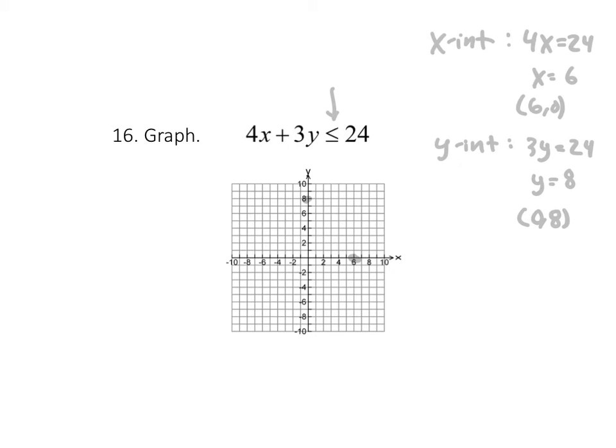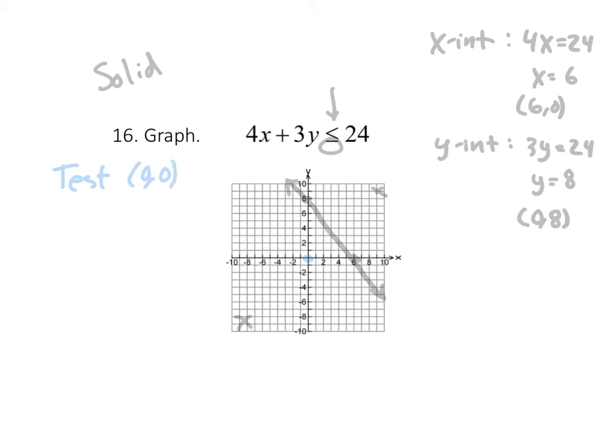This line is going to be solid, not dashed, because of the equal sign. So we begin by drawing a solid line through those 2 points. And I have to figure out whether I'm going to shade to the bottom left or the top right. I pick a test point, a point not on the line, (0, 0). I plug that into